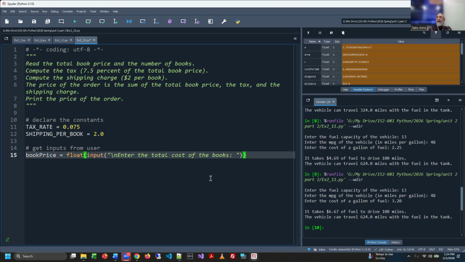Prices for things are never like $5. It's like $5.49, $6.79, whatever. It's always some odd number. So floating point, and I'm expecting somebody to enter like $24.99, right? Or in the case of textbooks,